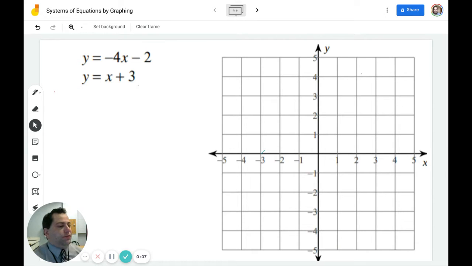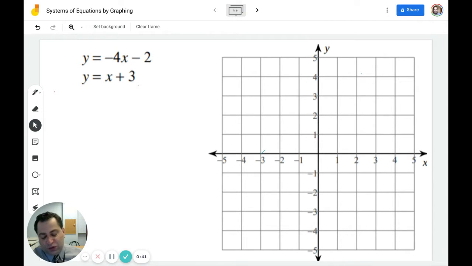The goal of this video is to find an x and a y that satisfy both equations given. So for example, we're given two equations here in number one. We're given y equals negative 4x minus 2 and y equals x plus 3. And there is a number for x and a number for y that will work for both equations. There are multiple ways to solve a system, but what we're going to focus on in this video is the